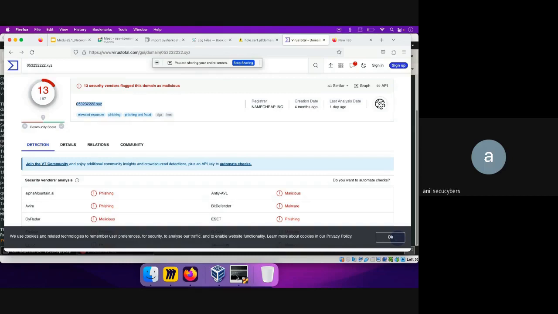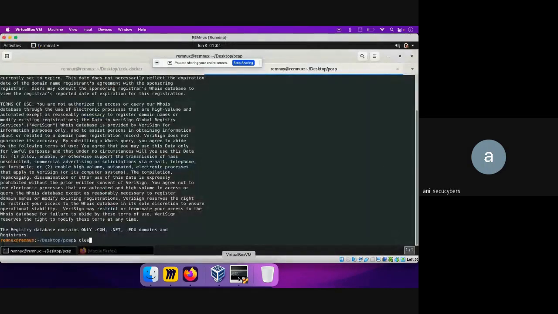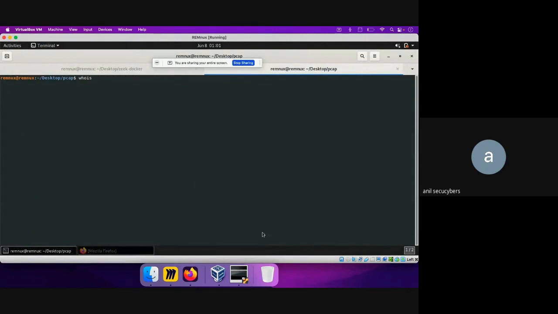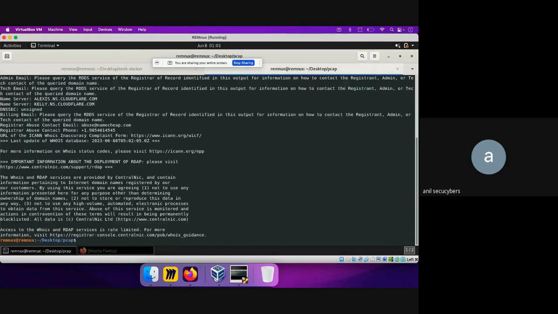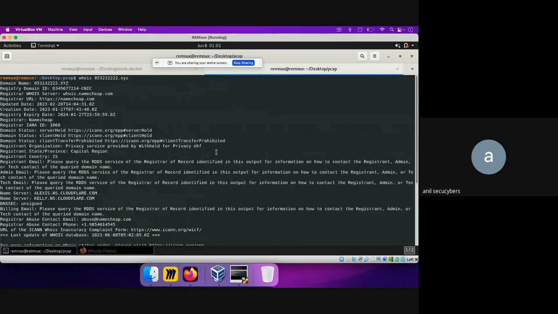And let's see if this one works. So whois, let's test it out. Okay, now we have a lot of details over here. As you see, it is telling me on which hosting server this website is